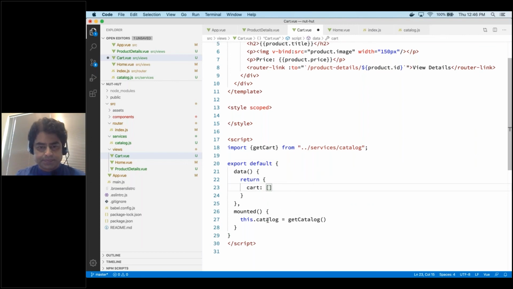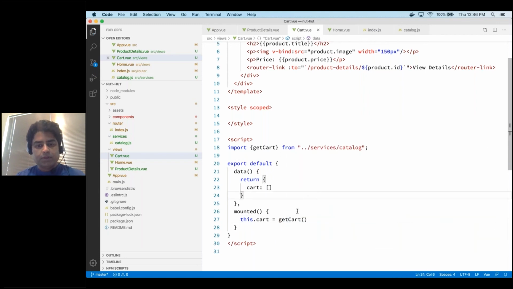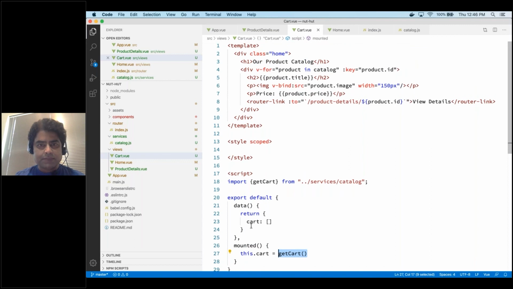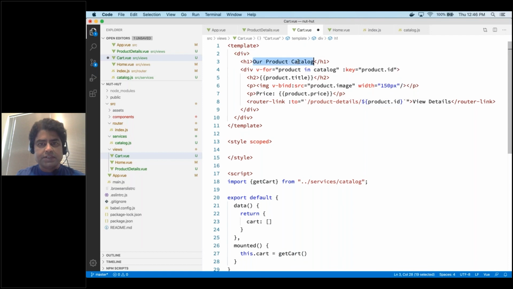And from the mounted callback, I call get cart from the service. And once again, in real life, this will be a web service call. So that's all the component looks like. Now, if I go to the template, in the template, I'm going to make changes. I'm going to say your shopping cart,